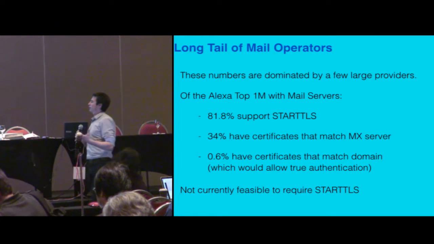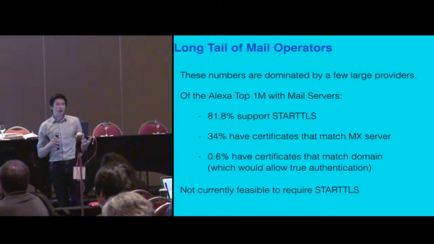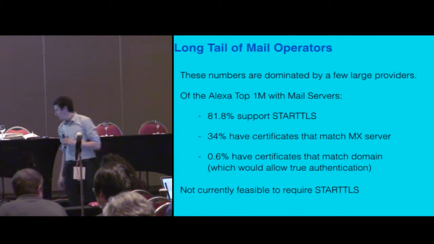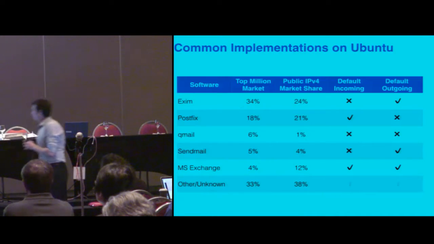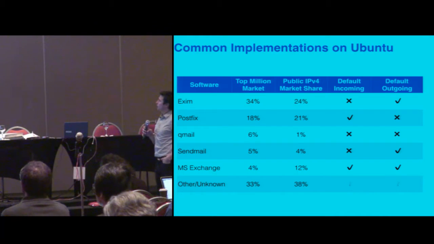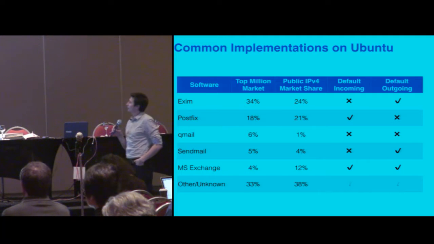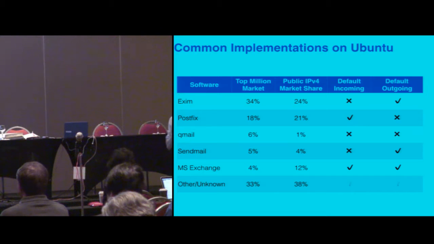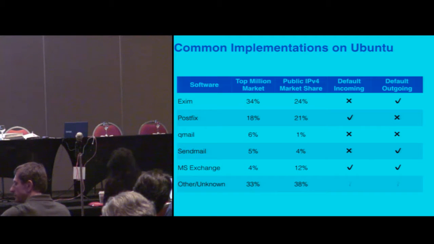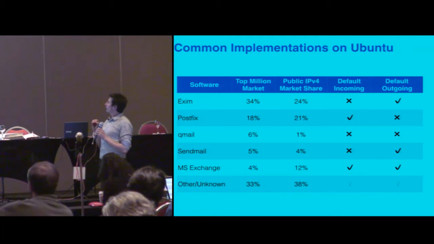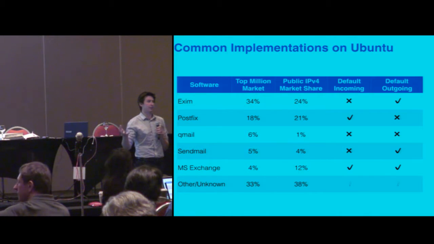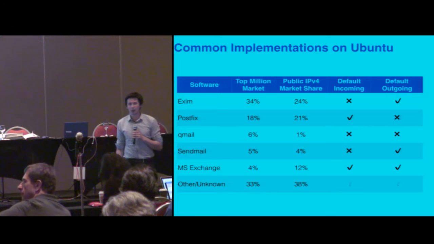When 20% of these mail servers say, we can't accept mail over STARTTLS, we can't say today, we're not going to deliver mail if it's not encrypted. And if you look at the software that is being commonly used to send mail, a lot of the defaults don't even support encryption right now. There's kind of this mess between package distributors and mail organizations as to who configures this. But at the end of the day, there is common mail software that doesn't even attempt to start a STARTTLS connection to send your mail over an encrypted setting.